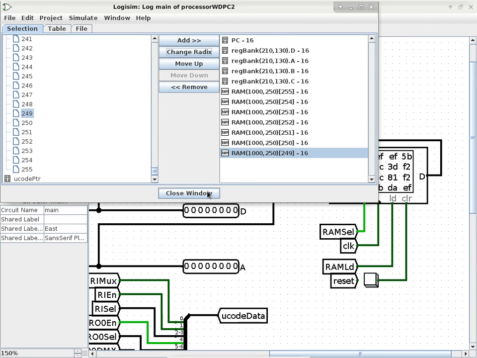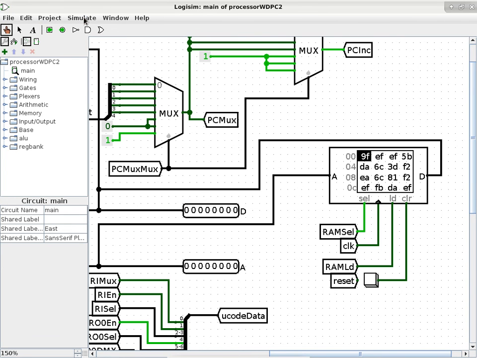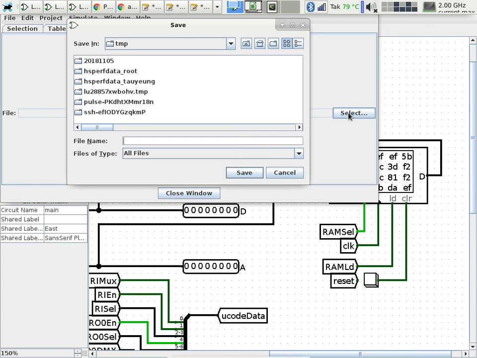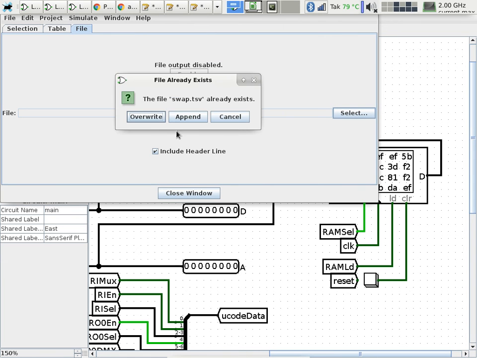All right, there we go. Oh, forgot one thing. I forgot to specify the output file. So let's put it into swap.tsv, which is also going to be overwritten from the previous class. So we overwrite it